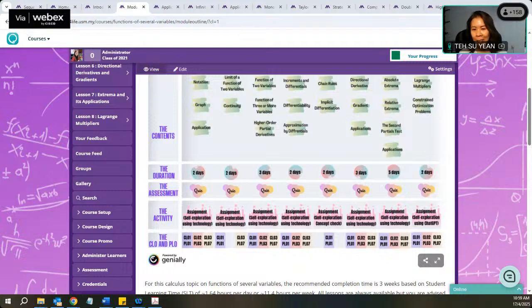Okay, so the answer to that is you can still modify, you can still edit it if you find something unsuitable or if you want to change the question for the assessment. You can do that, but don't do it too frequently. Maybe once a year would be good, because you have students coming in batches. You want to modify maybe once per year and not continuously modify it. That will be hard for the learners to catch up